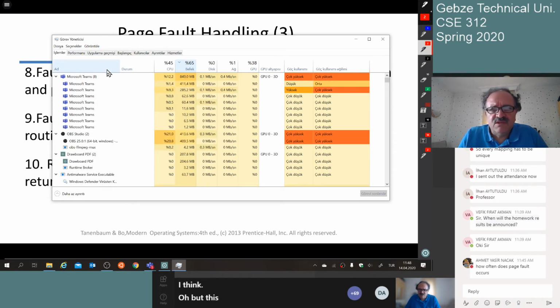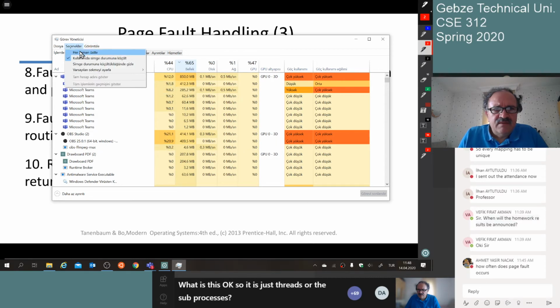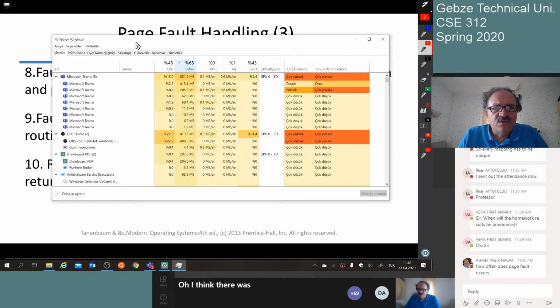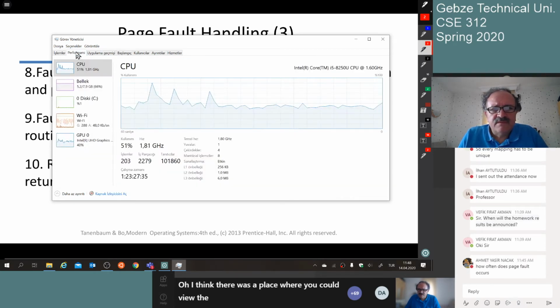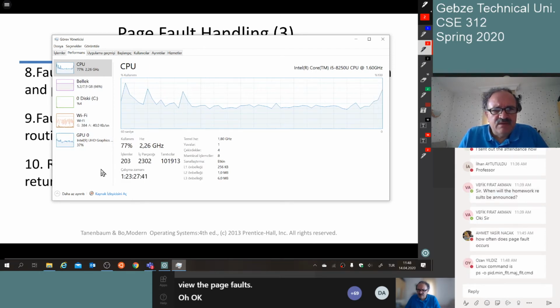Oh, okay, so it is just threads or the sub processes. I think there was a place where you could view the page faults. Okay, this is just talking about CPU usage, GPU usage, Wi-Fi usage, and